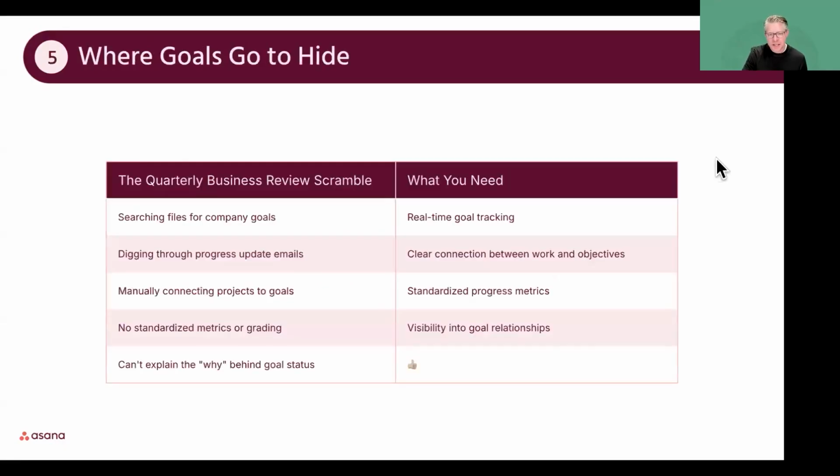Now, let's go to the last example, what I call where goals go to hide. For this last example, we're going to leave the thought leadership white paper program behind, thankfully. Let me show you what happened when my team was hired by the leadership of a company I'll just call Pop Culture Inc. to help with their strategic planning. We hosted a 2-day offsite, generated ideas based on OKRs, generating a whole list of projects and initiatives aligned to those strategic focus areas. I then manually had to bucket each project under the goal it supported, and they typically spanned multiple goals because work is never that neat and tidy. And that meant that my grading was, I'll call it, manual and qualitative. And you'll see what I mean when we show the video. Let's see that spreadsheet, Koo.